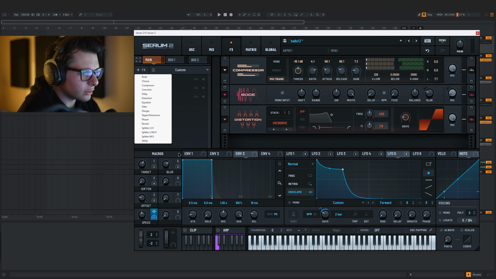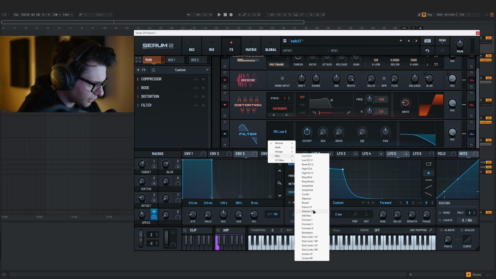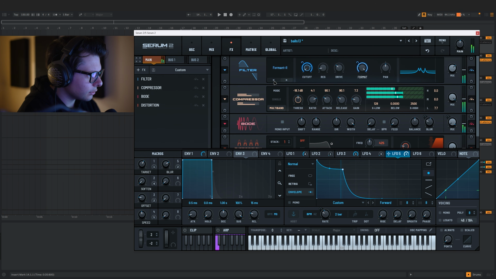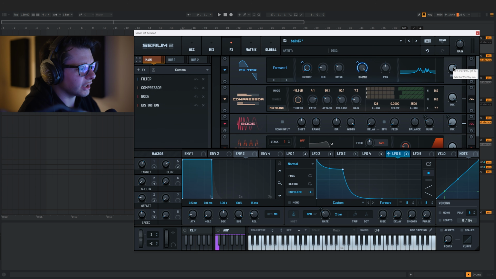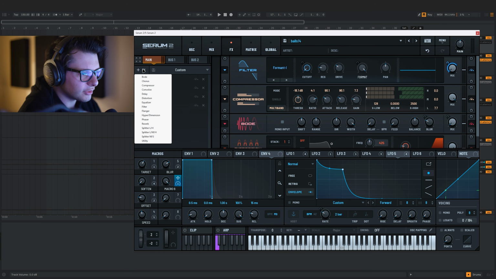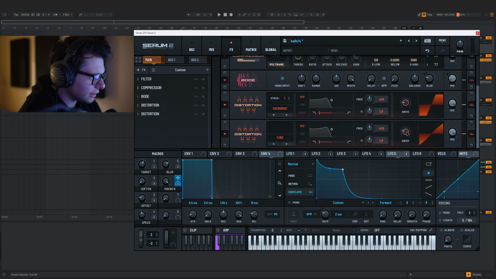We need some like vocaly movements. Put a filter here. The classic formant. That kind of sounds diabolical. So we want to introduce that only here, say up to 69, for example. So it kind of sounds the most diabolical, not really choosing any specific number there. And then distortion at the end gonna go,